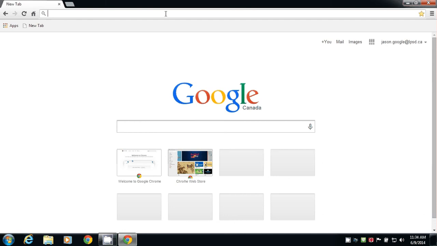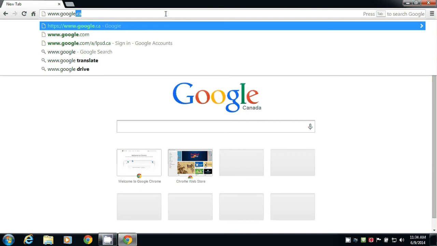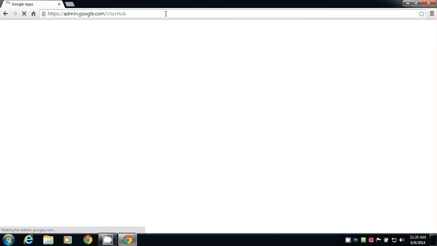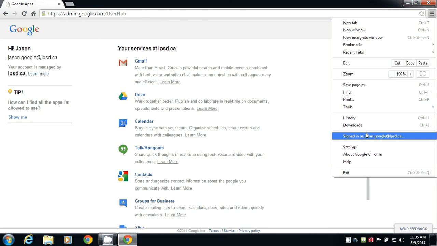Okay. Now I'm going to go to that address I keep talking about, www.google.com/a/lpsd.ca. I'll hit enter. And automatically, because I've pre-signed into Chrome down here, I don't need to type my password again, and it comes up and says here are your services at lpsd.ca. Okay, so for me, I just want to check my Gmail. A new tab opens up,